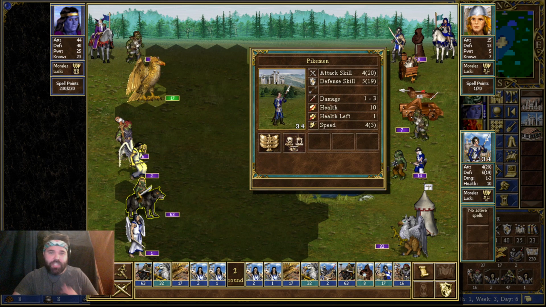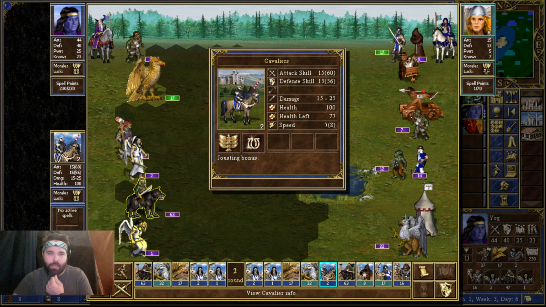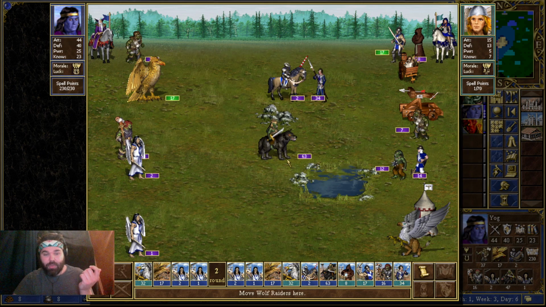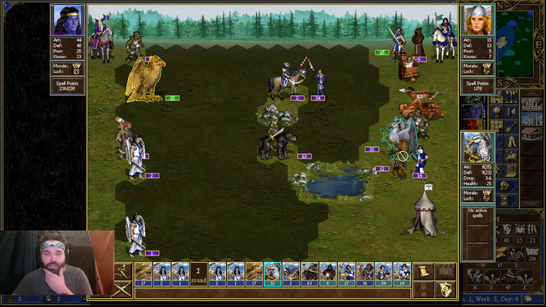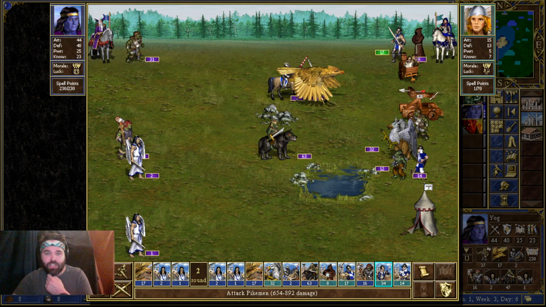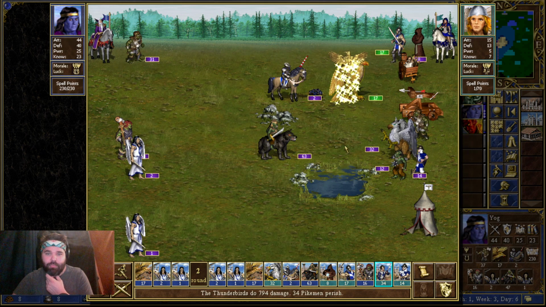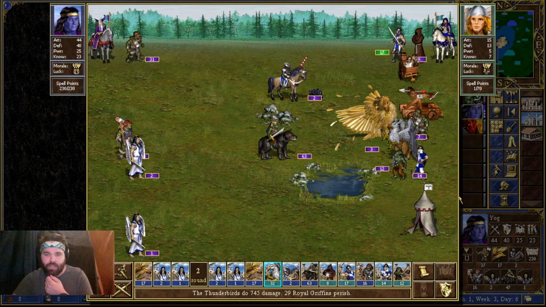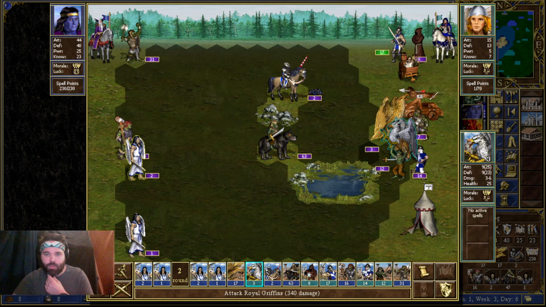One of those interesting things, by the way, is it just pikemen, or is it pikemen and halberdiers that take reduced damage from cavaliers? I don't remember, but that's one of those interesting things that's not listed, but a very special interaction between forces here in Heroes Might and Magic 3. We're going to clean up these pikemen. We're going to do so much damage to these Royal Griffins. Yeah, 3 left. And then we're just going to obliterate